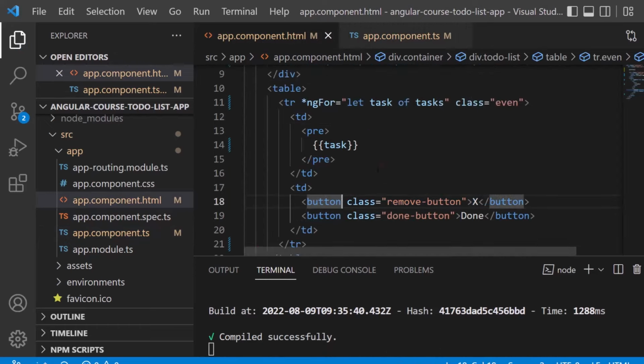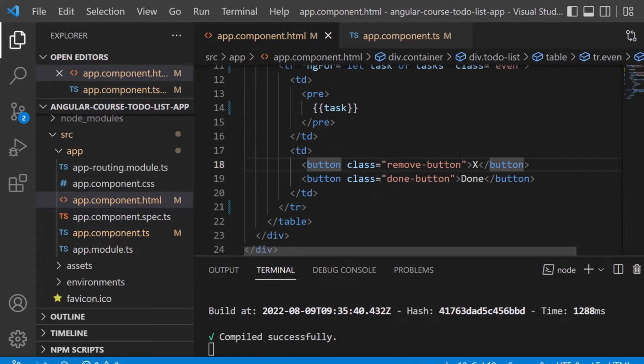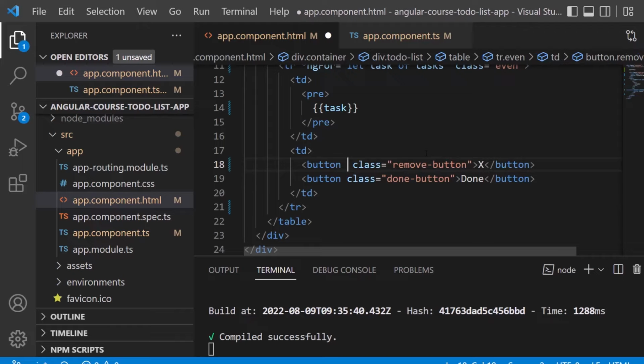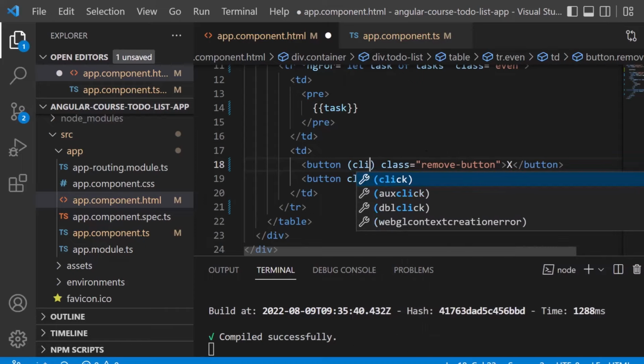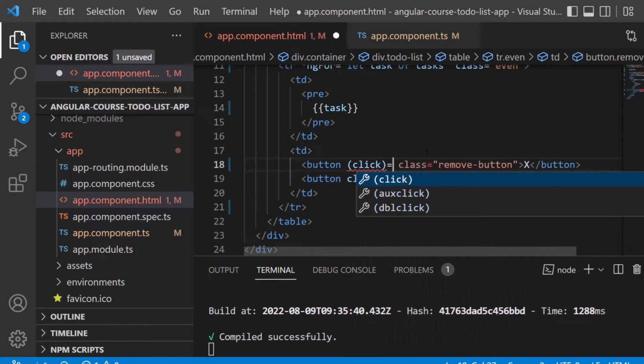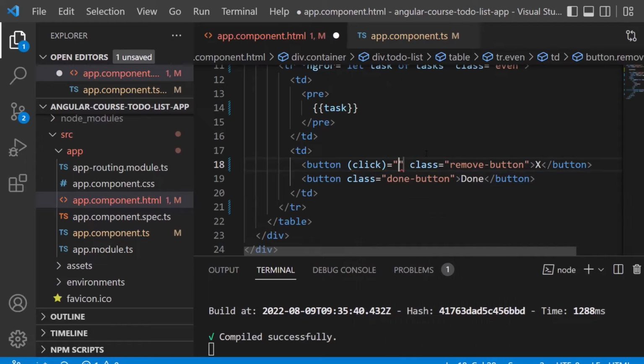So this is the button we want to use for binding. So what we do is we simply go ahead again, try to do that on your own, right? If you want to use the click event, what symbols do you have to use? You have to use the parentheses, right? So take that, write down click, this is the event, and you bind it to a method, and our method